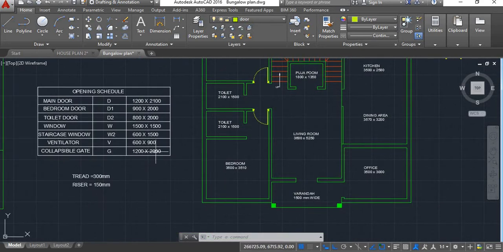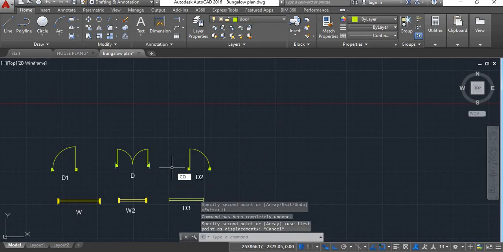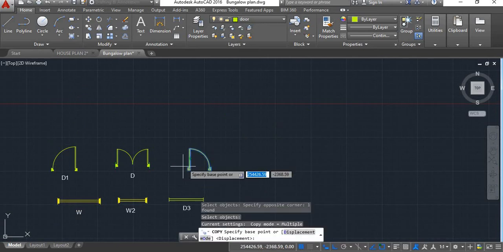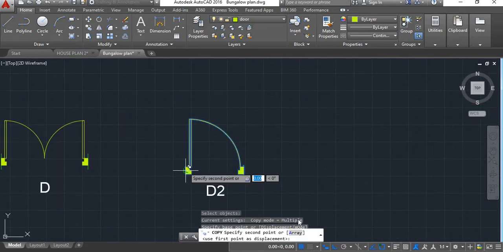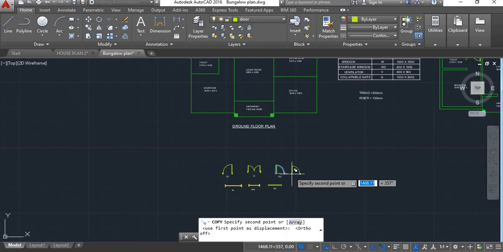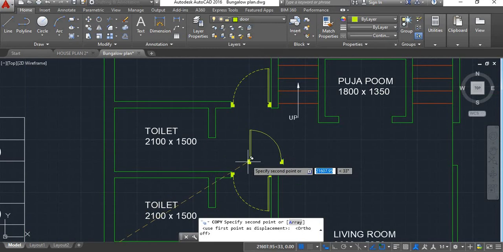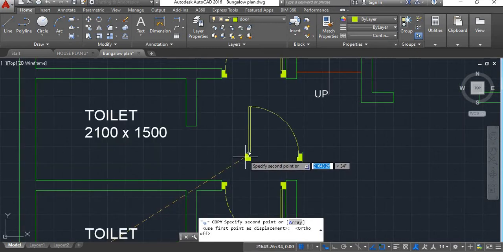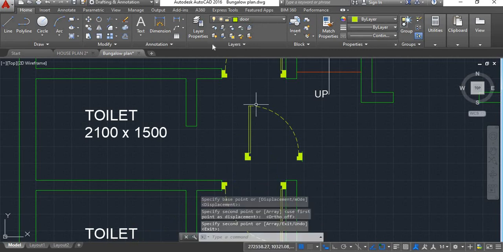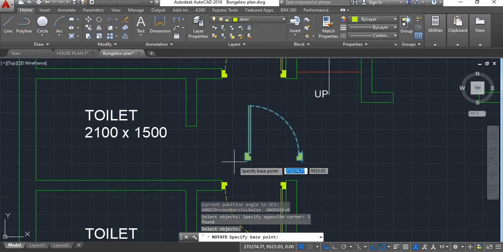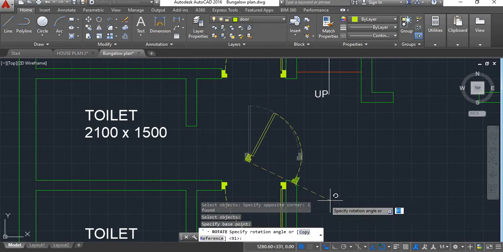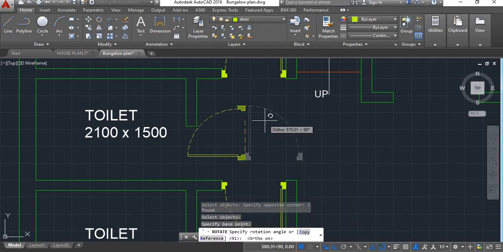Next I'll provide this toilet doors. Copy this. Now here I'll have to rotate this. I'll click it here, take rotate command and rotate this at 90 degree.